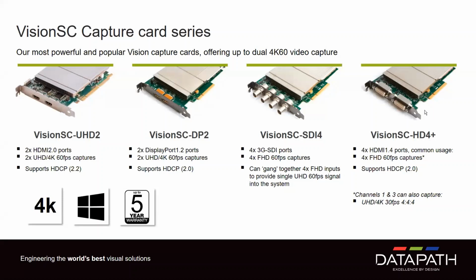So the main backbone of a lot of our systems currently still is the Vision SC HD4+. This takes in 4 HDMI or DisplayPort inputs, and DVI inputs going in via dual splitter cables into these connections here. It supports HDCP 2.0, and potentially you could combine those two outputs to give you 2 4K 30 inputs. We have an SDI card, so this is the SDI4. This will capture 4 3G SDI inputs,